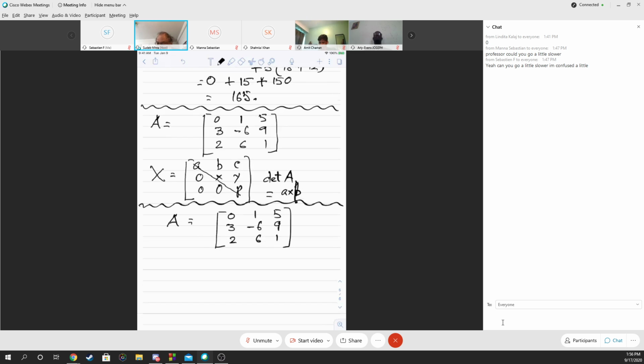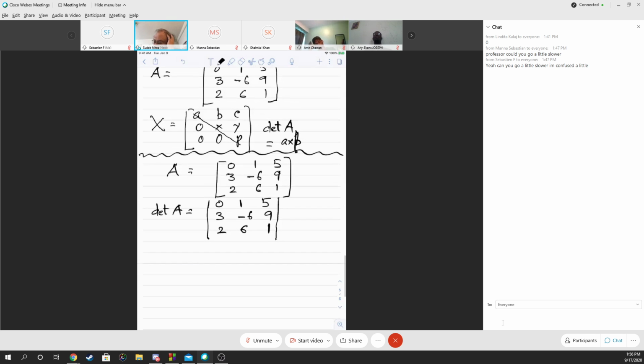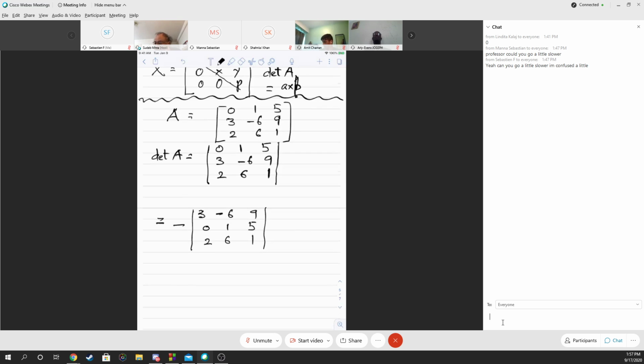So determinant of A is 0, 1, 5, 3, minus 6, 9, 2, 6, 1. Interchange the first row and second row. Then you introduce a sign, negative. Take the factor 3 out. You get